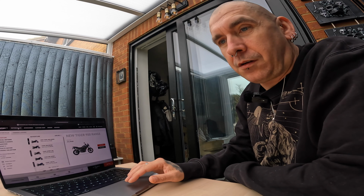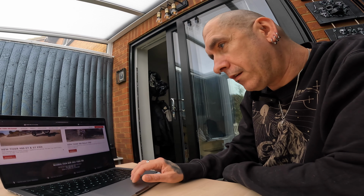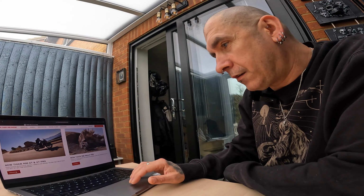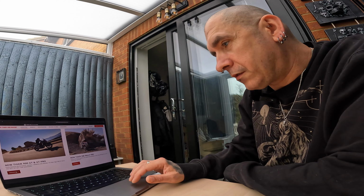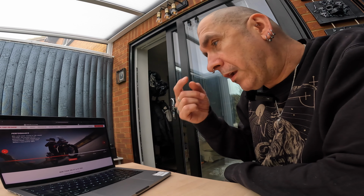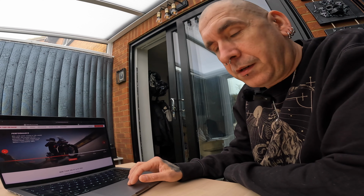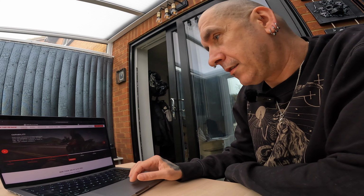I think the new TFT screen is lifted from the 1200, which is good. It looks a bit nicer, but I don't really have a problem with the TFT on my model. I know a lot of people slate it, but I've just got used to it. I quite like it. It's a peak power increase of 13%, which should be really nice when you're going around the twisties. Then there's enhanced ergonomics with a damped handlebar mounting system